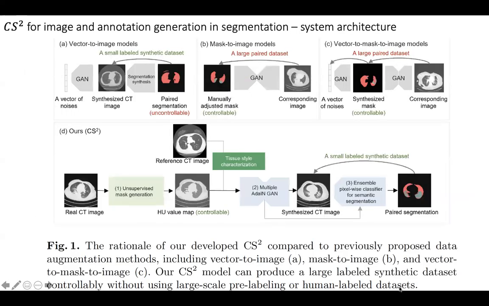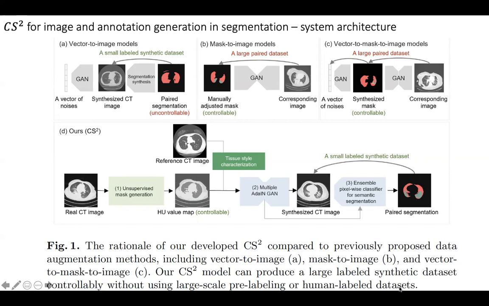Okay, first about the system architecture. Here is a comparison of this proposed approach and the existing approaches. Figure B is the vector-to-image approach. Sometimes people call it vector-to-image models. The key idea is a generative model is used to generate a synthesized city image from a noise vector, and for this synthesized image,